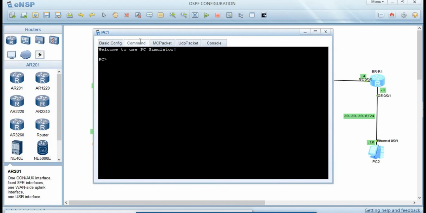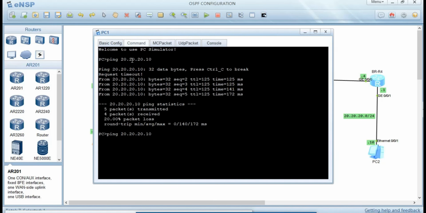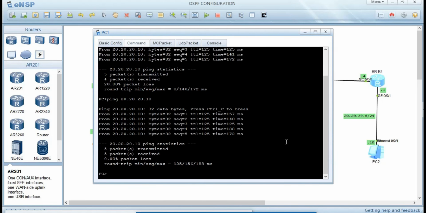So ping 20.20.20.10 and see if it's able to ping. Host unreachable, it's returning packets. Okay, let's re-ping again. So the ping is successful. As you can see, the ping is successful. 5 packets were transmitted, and 5 packets have been received with a